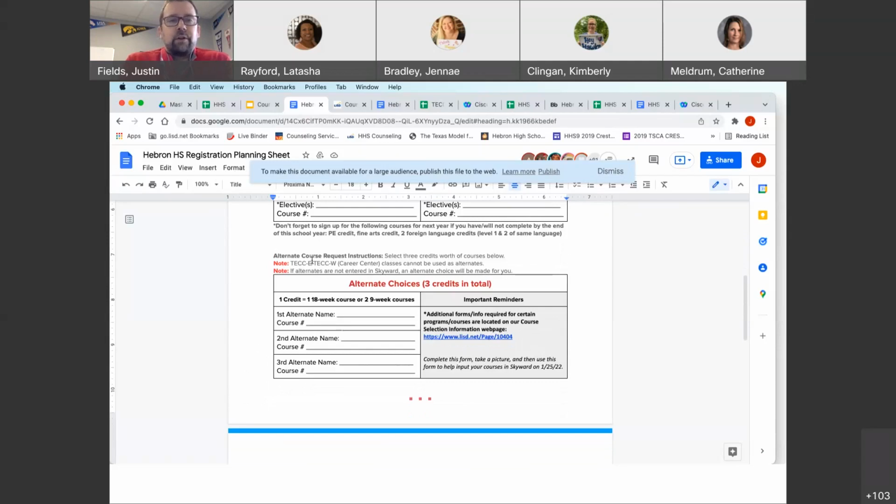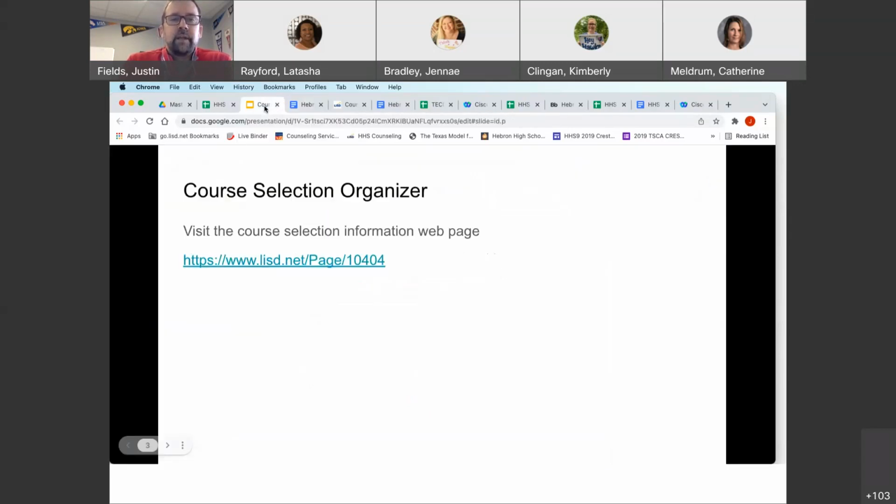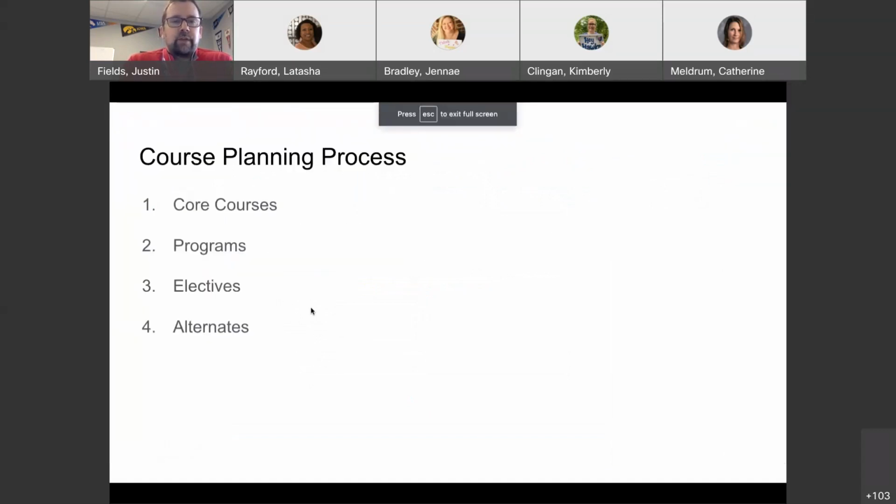If you want to use this in your favorite note-taking app, or if you want to print this out later, you're welcome to do that and save it for yourself so that you are ready for tomorrow. Okay, so let's continue with this process. What we're going to do, like I said, is walk through core courses. Then we're going to help narrow things down for you through programs. And then electives we're going to go over. And then we are going to cover some notes about alternates or backup